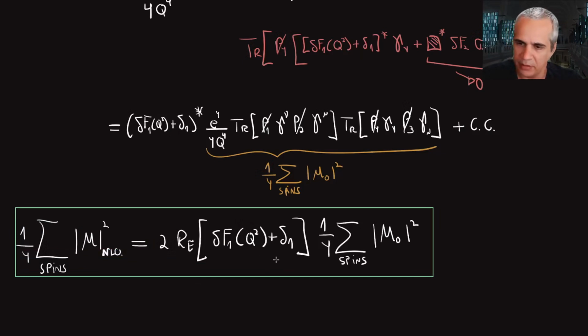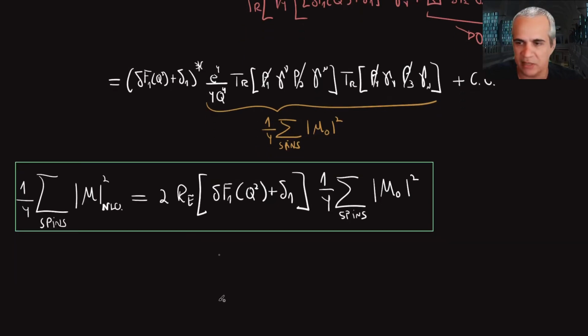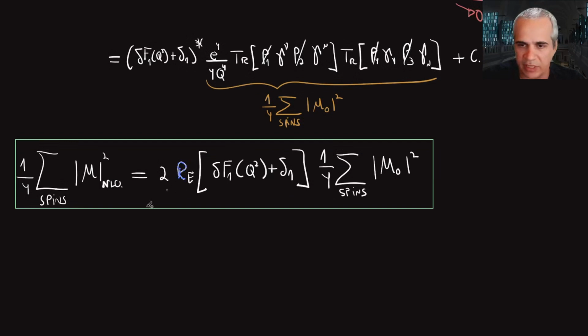this whole piece here is just a function of this Q square, which is always equal to the center of mass energy, right? So this is just a number. And it goes out of the phase space integration, right? When I put this inside the cross section, all that is left to do is the phase space integration over the final momentum. And that does not change the center of mass energy. So this whole piece goes outside the cross section, which means now I can rewrite also the next to leading